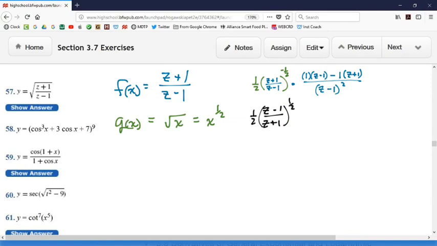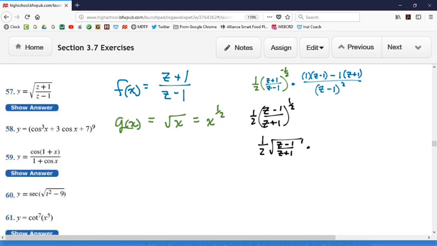And then I'm going to rewrite that to say 1/2 times the square root of z minus 1 over z plus 1. And the reason why I'm doing that is because it started out like that. It started with the radical, so I'm going to end with the radical. I'm not going to end with a fraction exponent if I can avoid it. And then the next part, times,